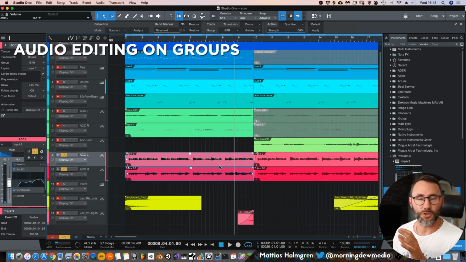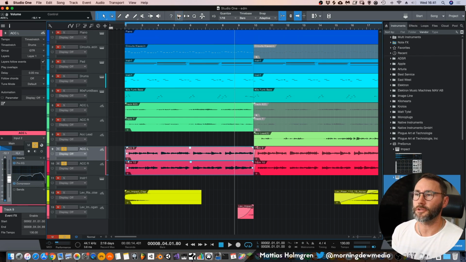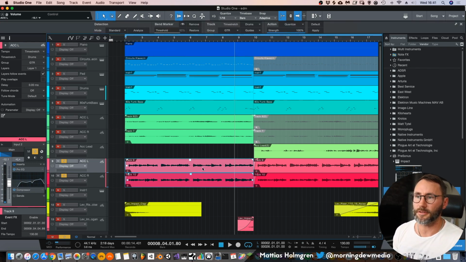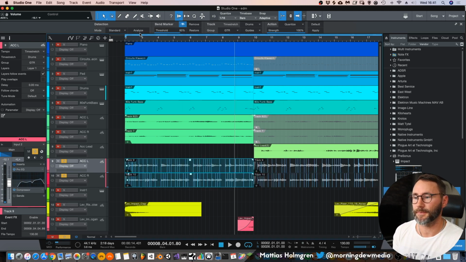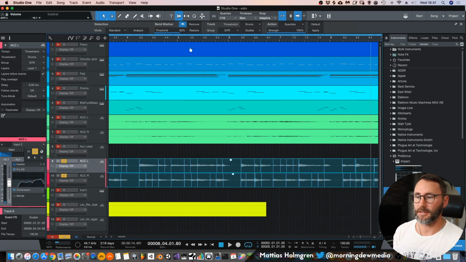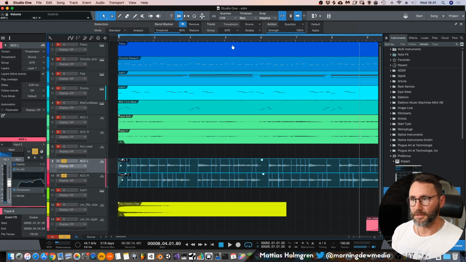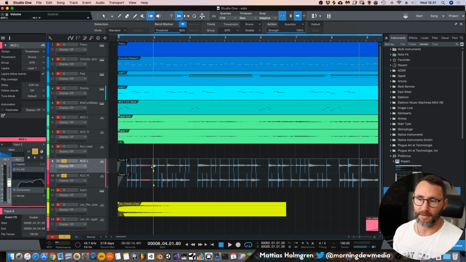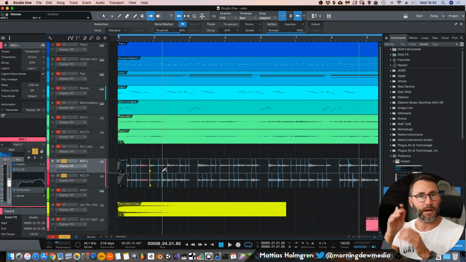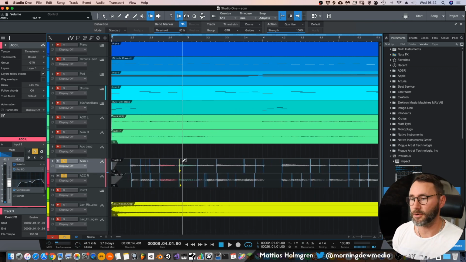And now, since we selected grouping for these two audio tracks, the acoustic tracks, if we go into the transient detection here for this first track and select Analyze, it will do analyzing and give us all these transients which were detected. Now, if we're doing some audio bending here, or time stretching, it's also going to apply that to our second audio track. So that's very handy if you want to edit multiple drum tracks at the same time and have them all synced up with your audio time stretching or audio bending.